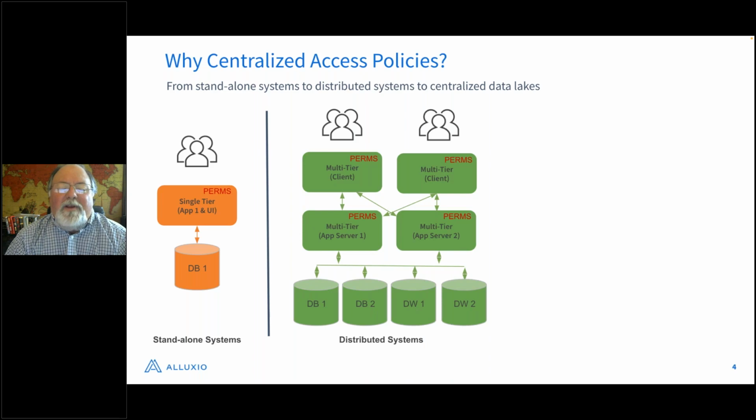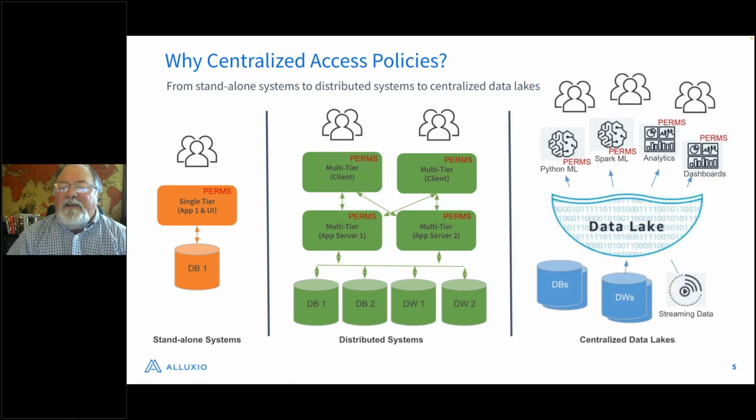Then people started distributing application components. So applications started accessing more than one database or data store, sometimes a combination of operational data stores and data warehouses. And also components were written in a more generic way so they could be shared across application domains. So now you're supporting different types of user groups with heterogeneous data sources. Some were transactional in nature, some were reporting in nature. But the permissions started becoming a little harder to maintain because of that many-to-many relationship between users and data sources and application components and data sources.